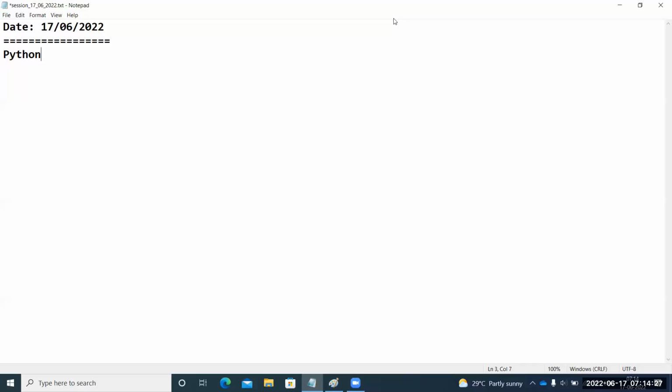Any programming language, we should start learning from the tokens, guys. We should start learning from this concept. It may be Java, it may be C or any other language. So the first topic in any programming language should be tokens, right? Python tokens is our concept.